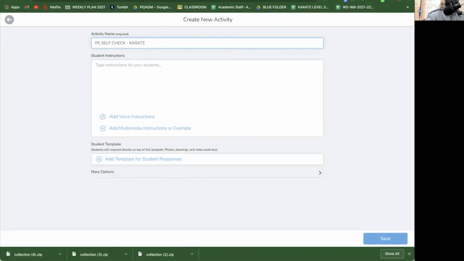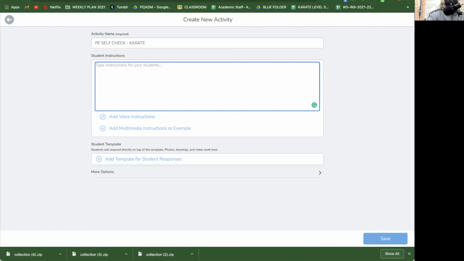Okay, so I'm going to make an instruction using Seesaw tools: draw a check mark in the box provided.